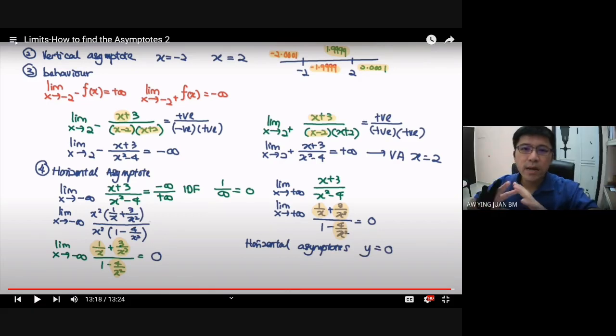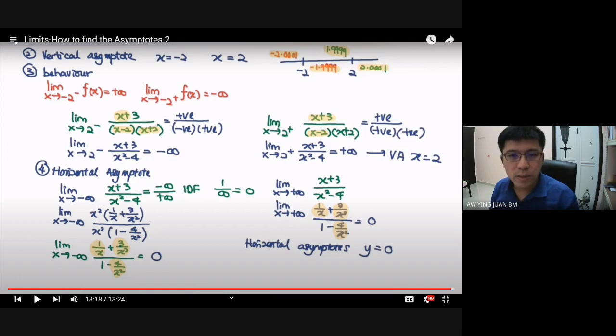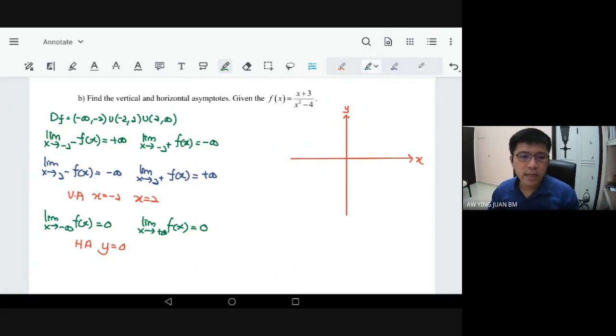So sekarang ini adalah prosesnya untuk kita menjawab soalan, iaitu find the vertical asymptote and then find the horizontal asymptote. So sebagai tambahan, saya akan show macam mana nak sketch graph dengan menggunakan information yang kita ada sekarang. Okay, so sekarang kita ada information dekat sini, iaitu domain, kemudian kita ada behavior when x approaching negative 2 from the left and right, limits when x approaching 2 from the left and right, kita ada behavior dia, asymptote pun ada, kemudian horizontal asymptote kita pun ada.